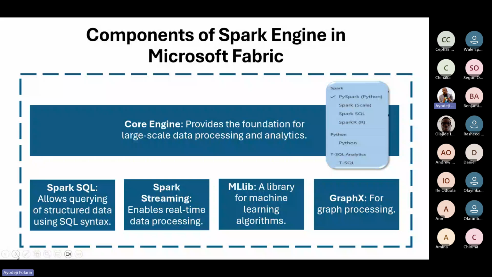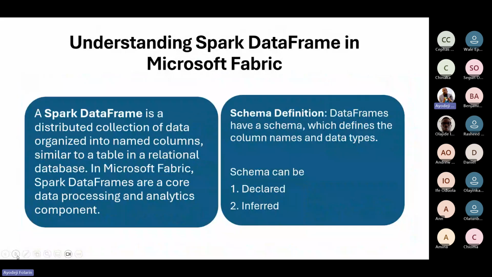Now, let's quickly understand the Spark DataFrame in Microsoft Fabric. A DataFrame is a distributed collection of data organized into named columns, similar to a table in a relational database, like our SQL Server, something like Excel.